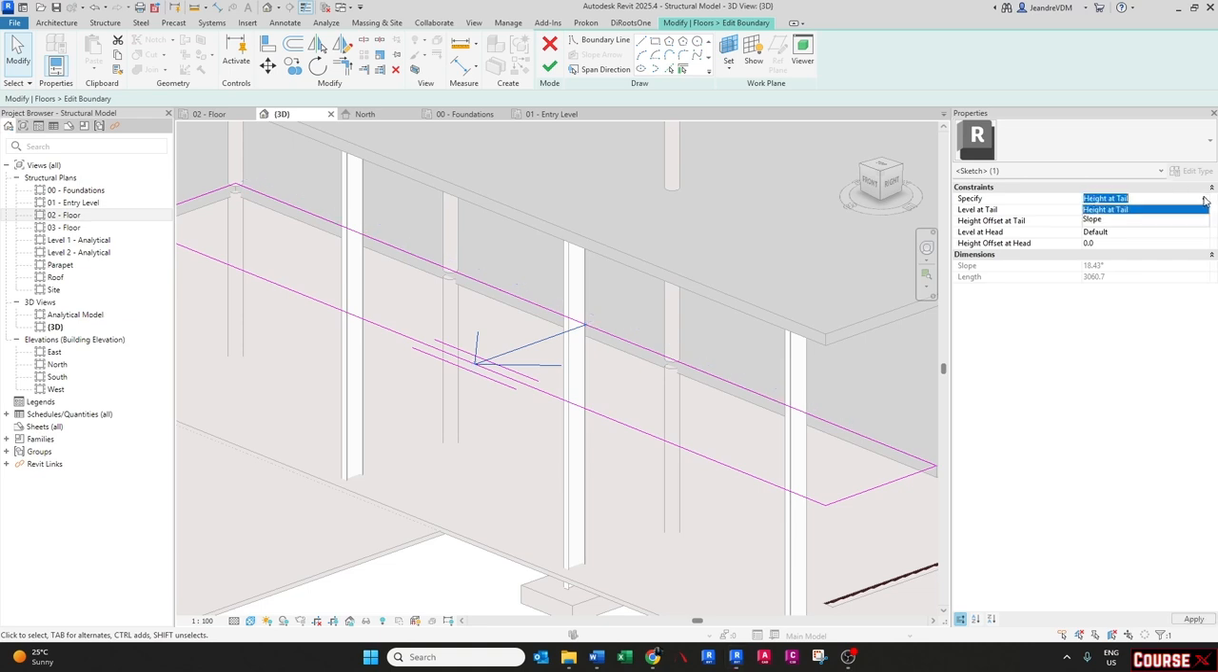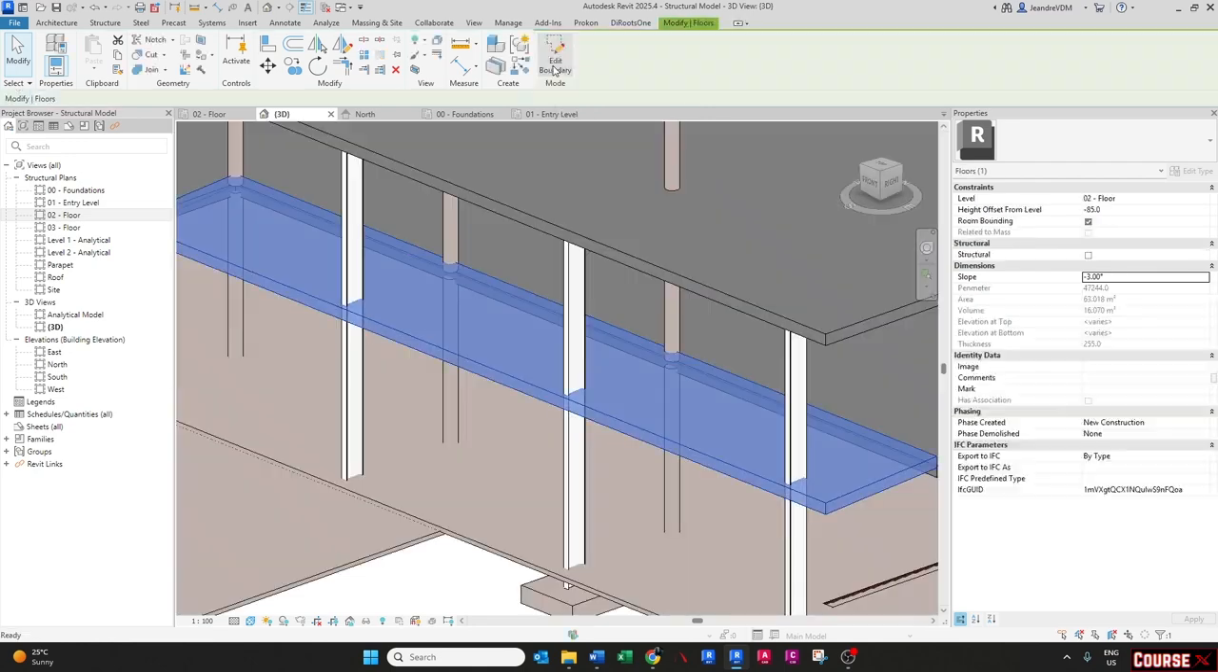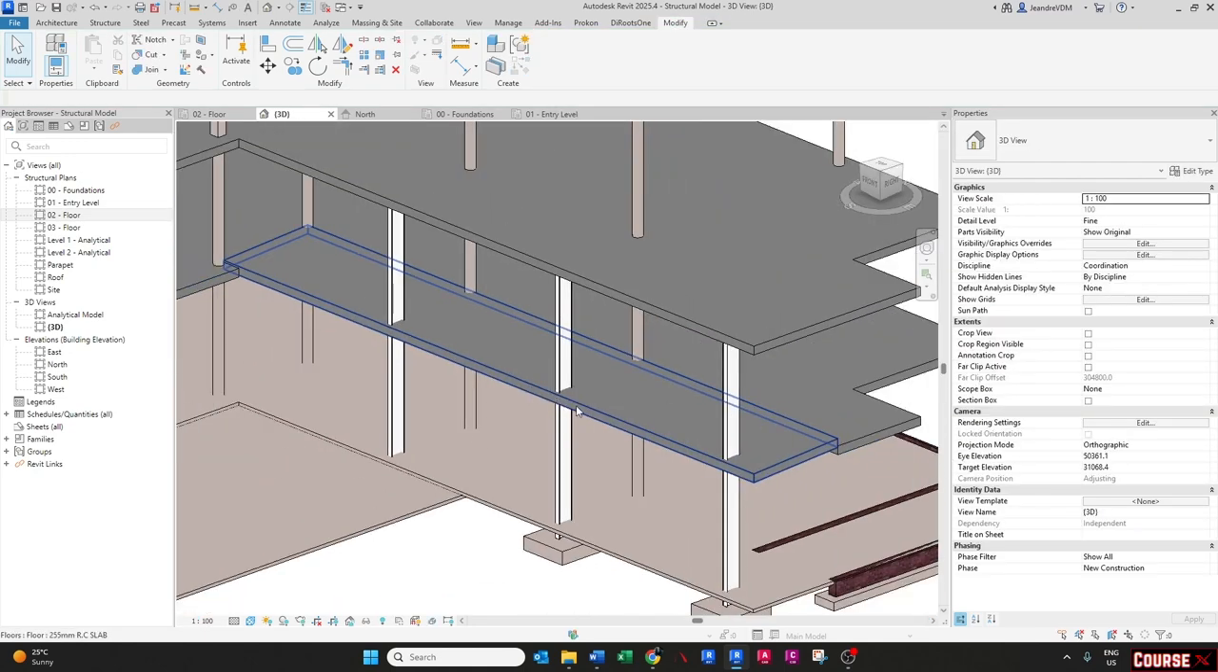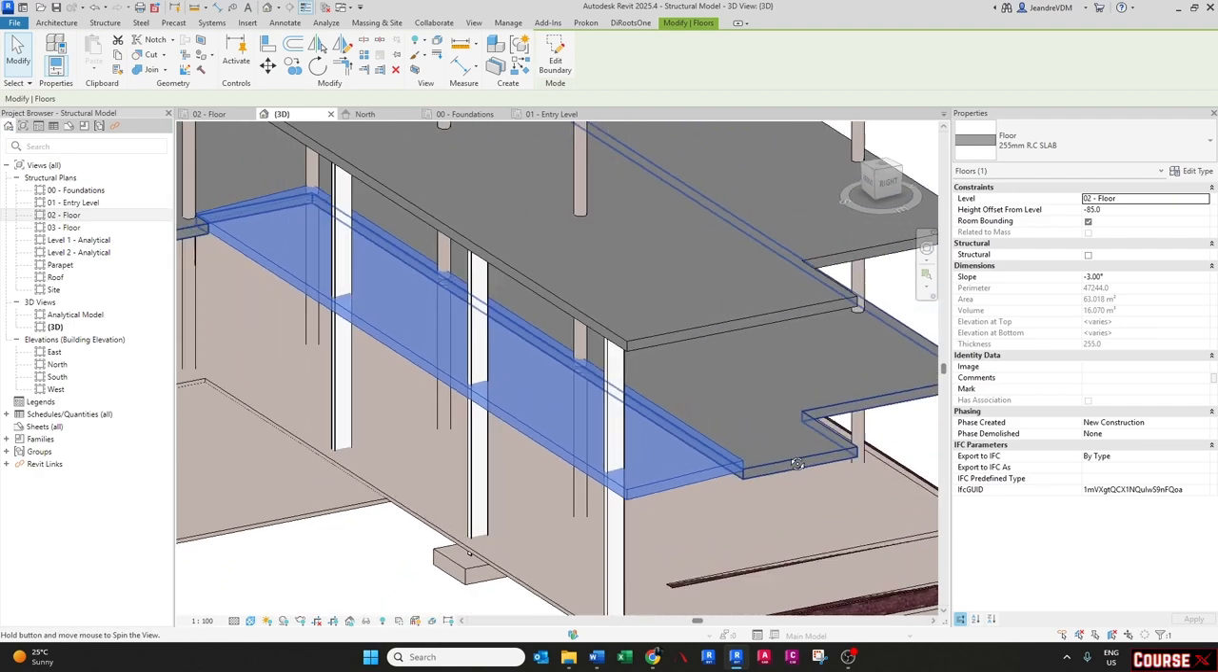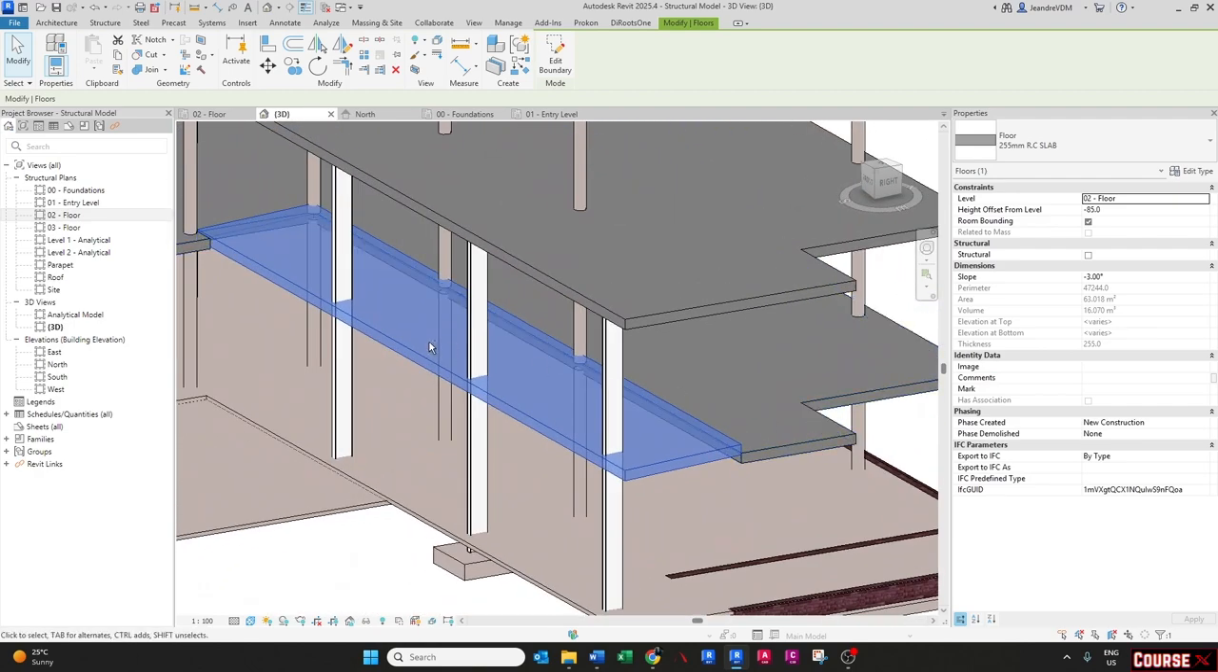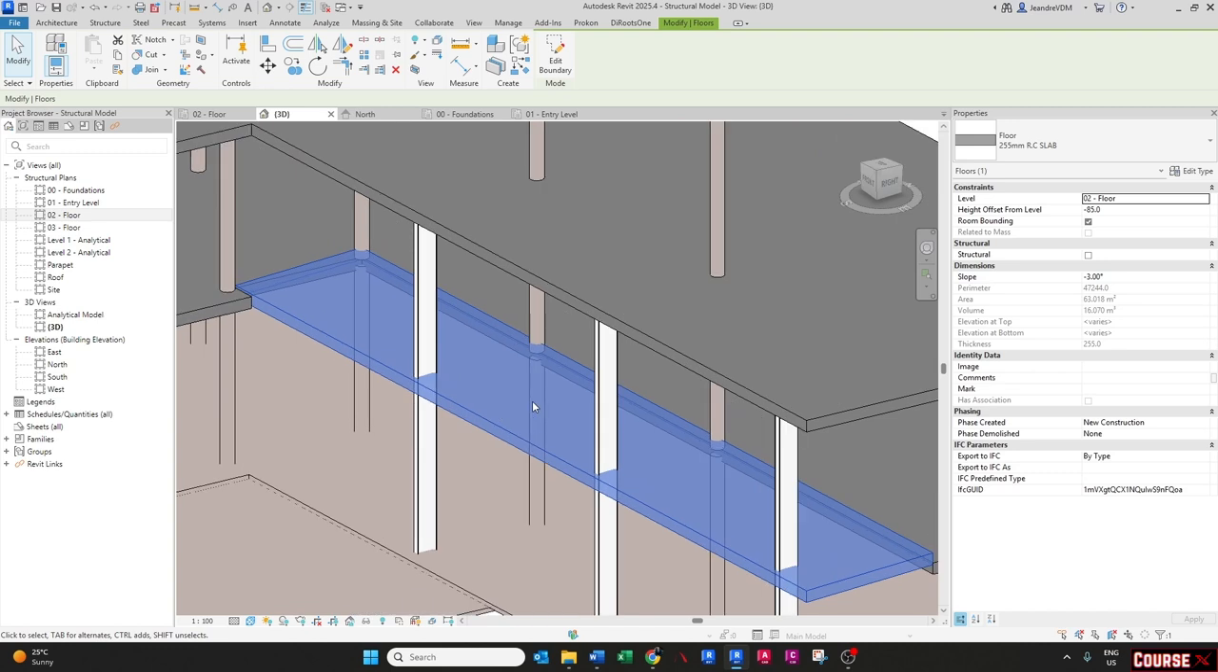Or you can go here and we can say slope, and you can say you want this slope to be at a certain degrees. So if you say, let's say -3, the reason for the minus is so that it slopes down. So if I say finish, you'll see it's sloping down, but it has become higher at the back. So you have to play around with this to see